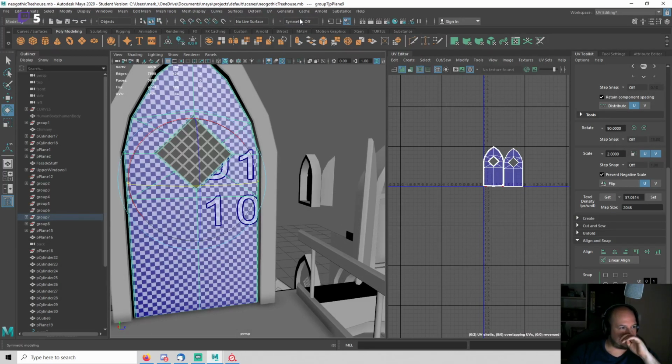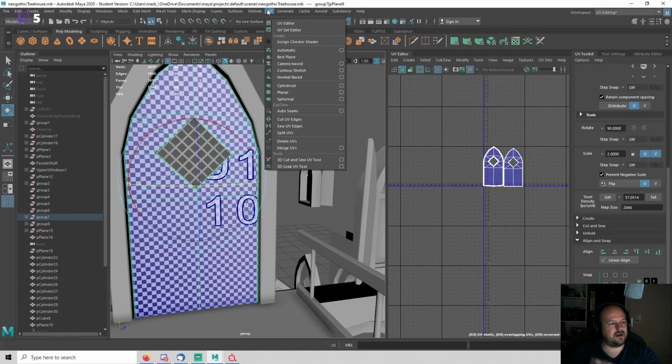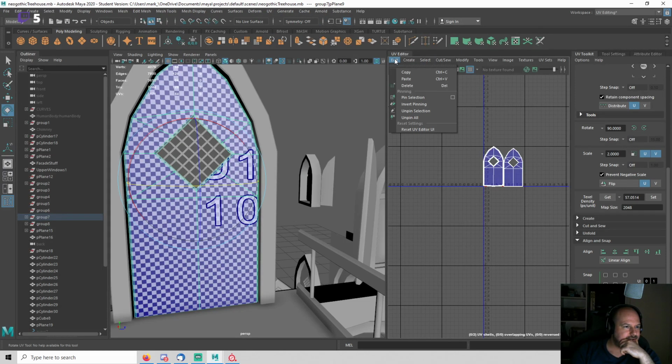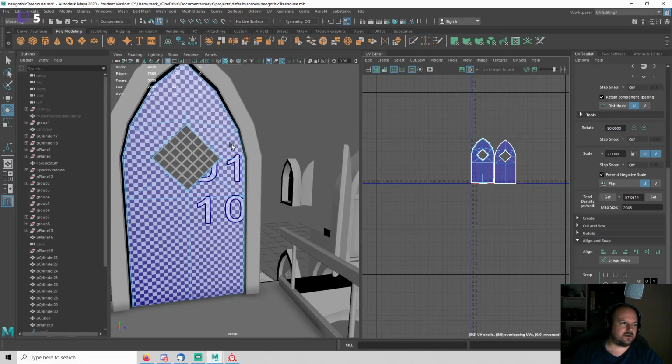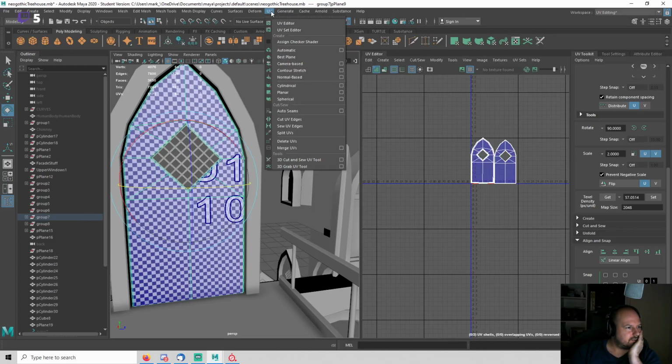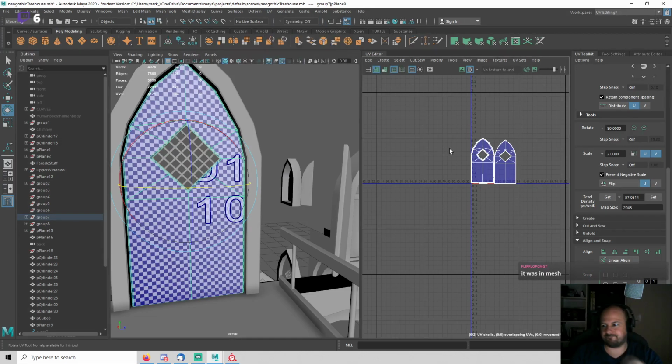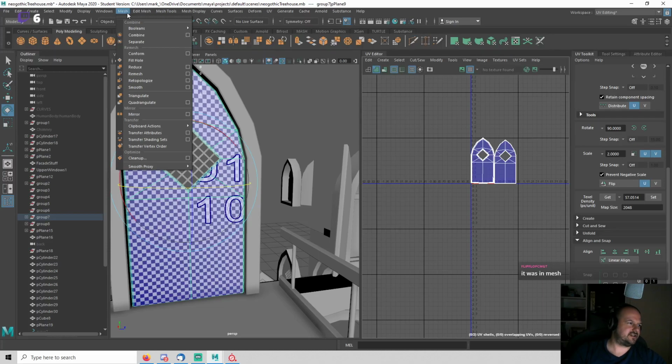So let's see if we can transfer UVs, right? So you can in here. It's not really a golden way to do this. I usually don't do it, but can we copy UVs? Probably not. Nope. So can we merge them? It's a mesh, is it? A mesh. I never use it, so